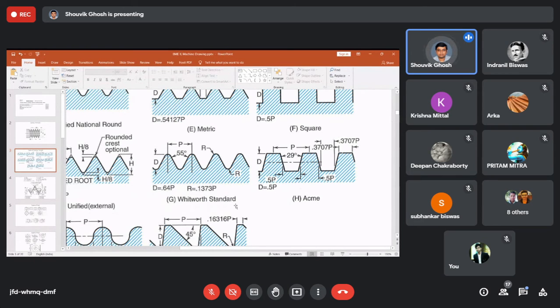নেক্সট ইজ হুইটওয়ার্ড স্ট্যান্ডার্ড। ওকে, তোমাদের যে বইটা দিয়েছি তাতে দেখবে 6 রকমের থ্রেড দেয়া আছে: ভি, বিএসডব্লিউ, বাট্রেস, স্কোয়ার, অ্যাকমি, ওয়ার্ম, ঠিক আছে? তাছাড়া বাকিগুলো দেয়া নেই। ওকে,